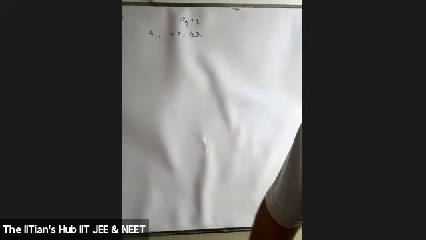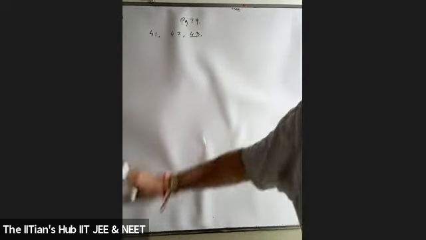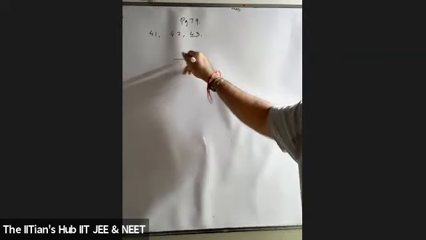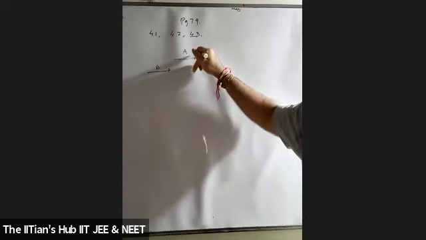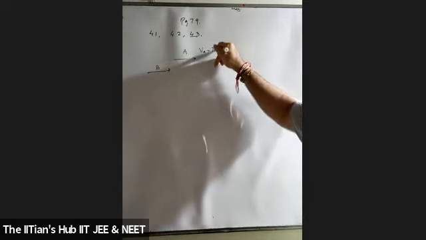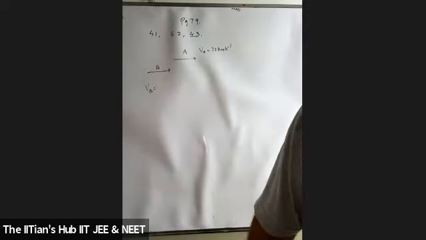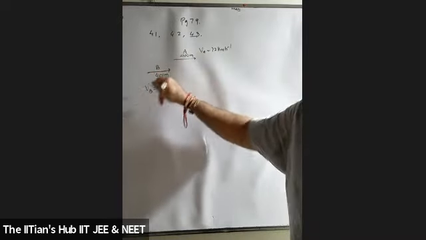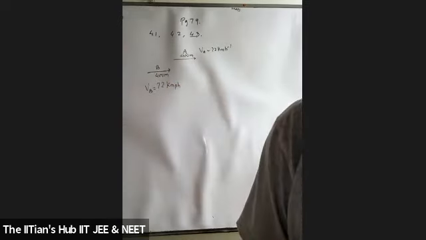Okay, 43rd, students. They've given us two trains, A and B, of length 400 meters each, moving on two parallel tracks with uniform speed of 72 kilometers per hour, with A ahead of B. Students, A is over here, on two parallel tracks. This is B we consider. The velocity of A is 72 kilometers per hour, and the velocity of B is also the same, 72. Each is 400 meters long, in the same direction.